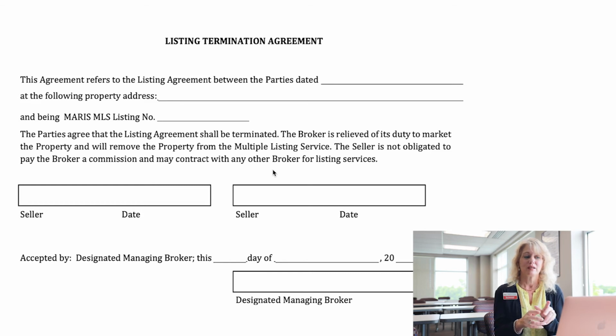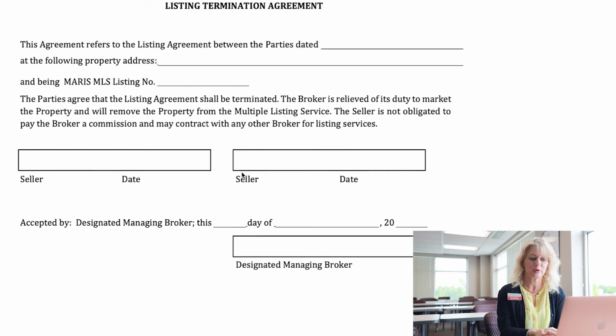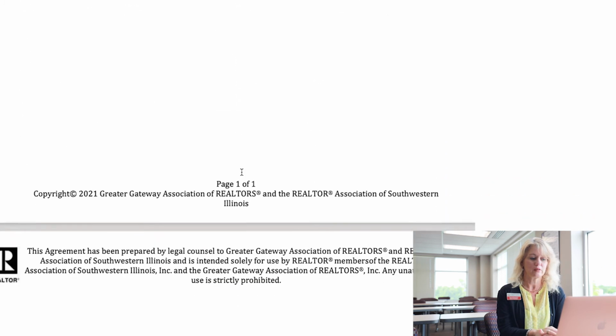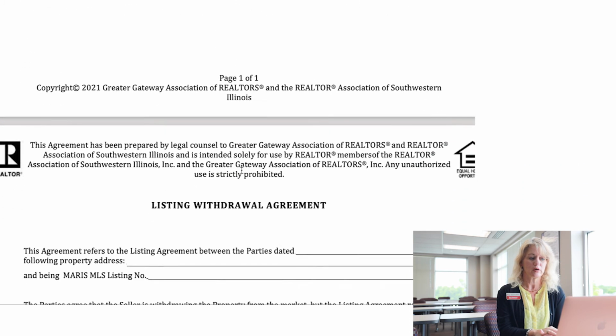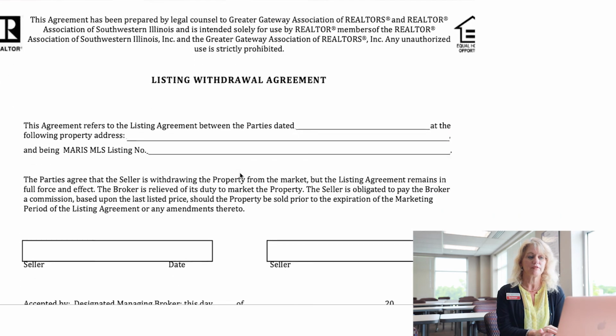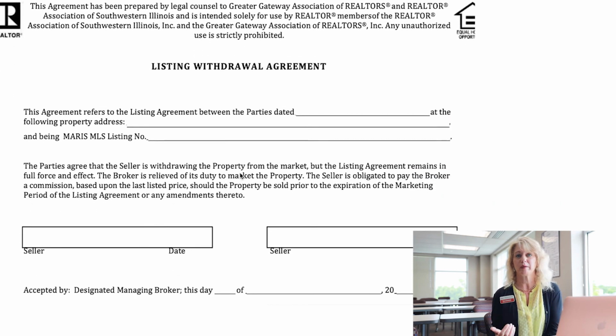Okay, the listing termination nullifies that. There are no more days to count. So the termination is a complete sever of any relationship between Keller Williams Marquis and that seller. Now there's another form called the listing withdrawal. The listing withdrawal pulls the listing off of Maris and out of public marketing,